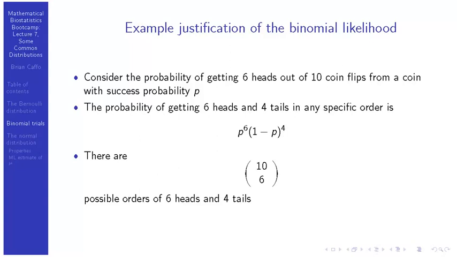So yeah, we only did this for a specific instance here. I hope you can see that if 10 instead was n, and 6 instead was x, you would wind up with the same answer: n choose x, p to the x, (1 minus p) to the n minus x. So that's the motivation. And you can actually mathematically check that the binomial mass function sums to 1.